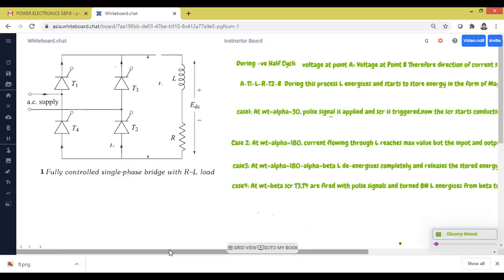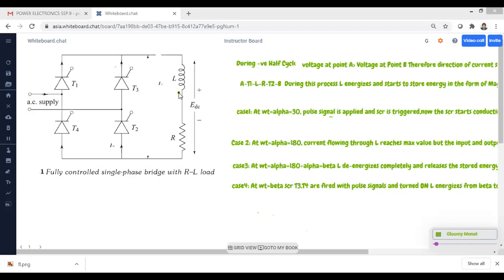When the inductor energizes the motor, which is connected to this fully controlled converter circuit, the motor starts to accelerate. I want to start the electric car, let us say. Inside the electric car, I have the power electronic circuit. So current flows through the power electronic circuit and through the inductor. The inductor energizes, and the motor where the inductor is connected starts to energize and gains